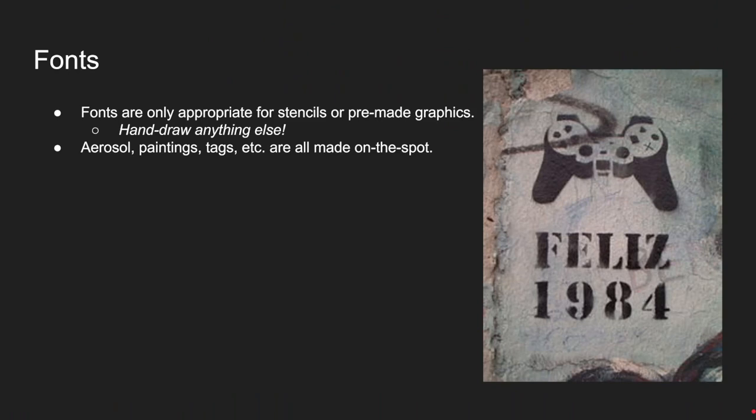Fonts are another good consideration. A lot of the time the temptation is to use fonts because they're easier or more accessible. You can just type something out and you're good. But in graffiti, fonts are usually best avoided for handmade mediums like tags or aerosol lettering. They only really make sense for use in stencils, wheat pasting, or slaps because they're not made on the spot. They're pre-made, so you can definitely use a font to pre-make something and then apply it in the world. However, aerosol painting, tags, a lot of that stuff is made on the spot in the public forum, so it's a little less conducive to use a font for something like that.